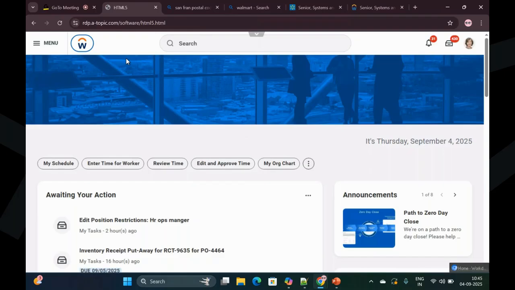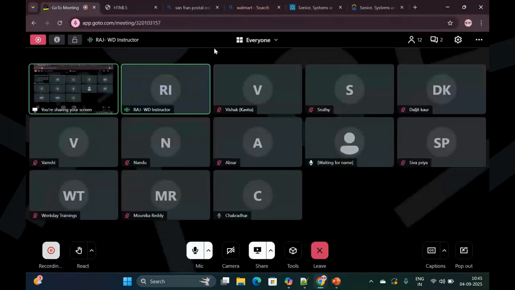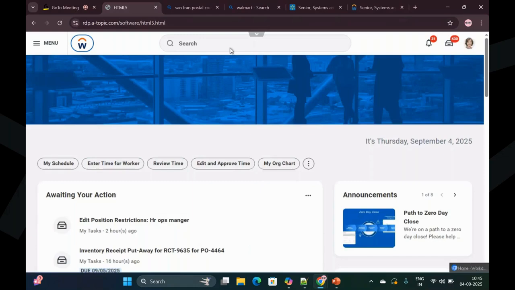In any technology we usually have software updates, regular updates, right? When we say regular updates, they will change the perspective, the view, or the navigation. Anything they might update,